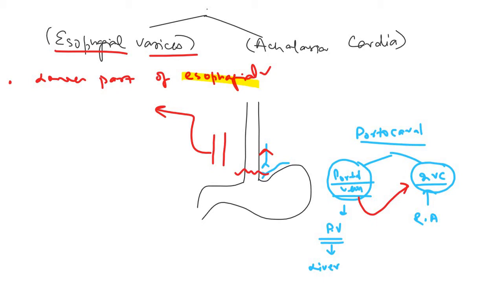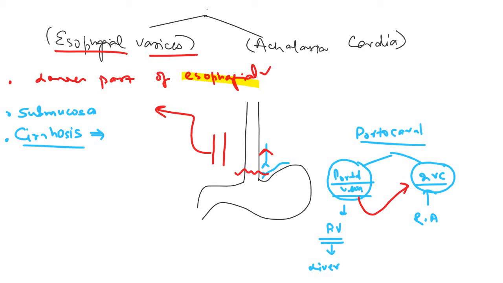These esophageal varices are located in the submucosa in the lower one third of the esophagus. Now the most important clinical condition in which we find esophageal varices is cirrhosis. Cirrhosis is the end stage liver disease, and as a result of cirrhosis, the portal vein is not able to flow right into the liver, and there is portal hypertension.